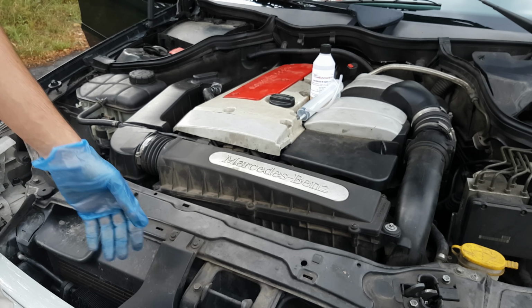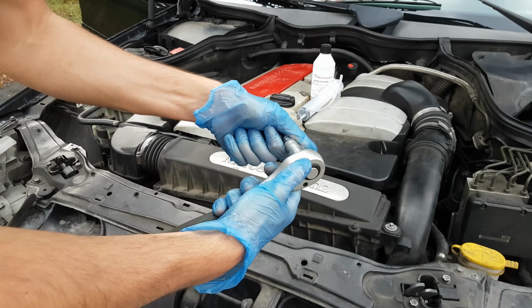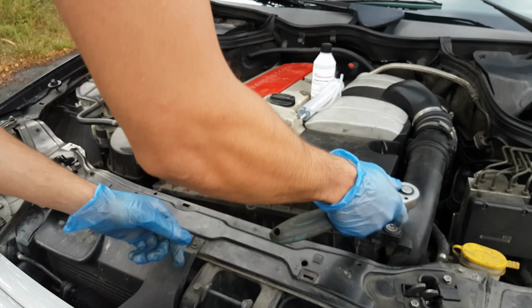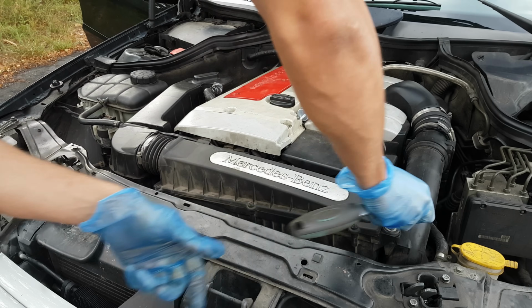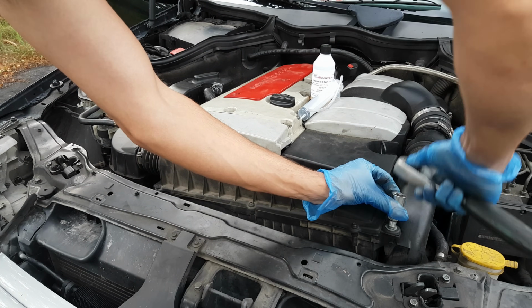Now, according to Mercedes, the oil in the supercharger is sealed for life. However, if you want to increase the lifetime of the bearings and gears inside of it, there are aftermarket options to do that. So the first step is to remove the air filter box, beginning with the bolt in this corner,